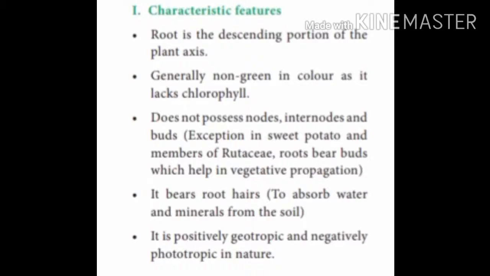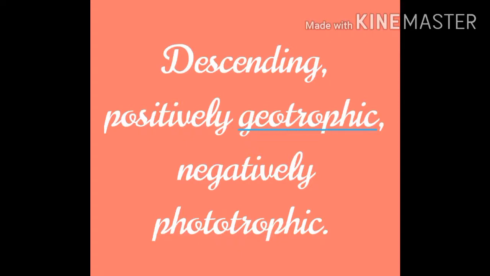Now let's move to the last point. It is positively geotropic and negatively phototropic. So 3 things we have found here: descending, positively geotropic, negatively phototropic. Let's now look into the 4 options, and of the 4, the answer is option B, as it is descending, positively geotropic and negatively phototropic. So the answer would be option B. This is how you will have to find out the answer from the textbook. Please don't refer to any prepared answers from the guides, but refer to your textbook. That will help you to learn the topics and contents.